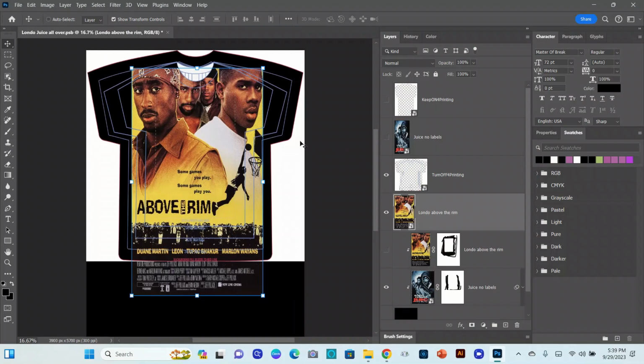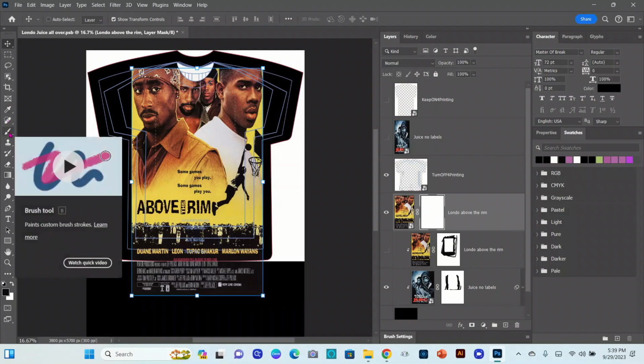I am going to show you how I am removing some of this verbiage from this that I got from doing a Google search just for this image. And what I am going to do is just on this particular layer right here that I'm on, I'm going to add my layer mask. And on my layer mask is where I'm going to make sure I'm selected by clicking onto it,